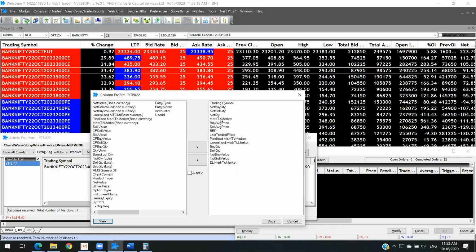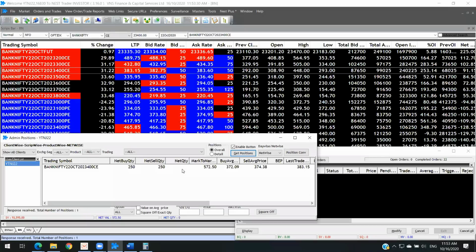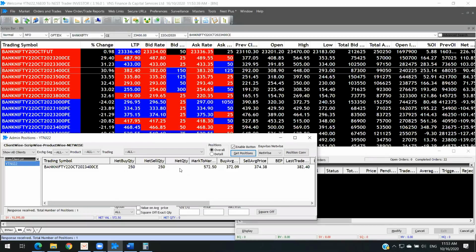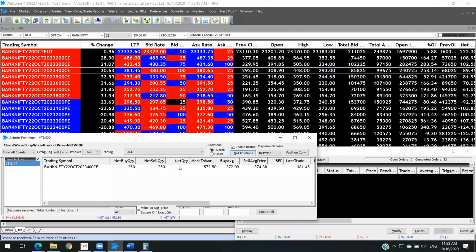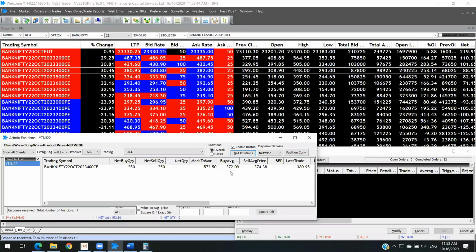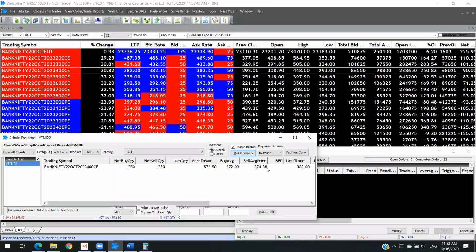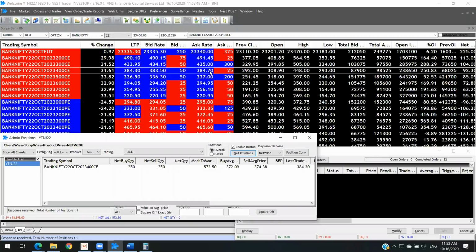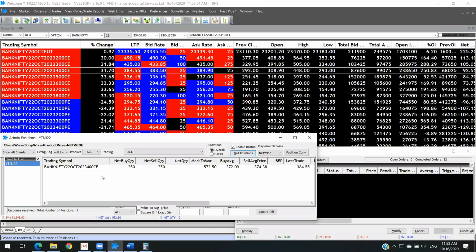What is the BEP? That is the break-even price at which I want to make money. Next one is last traded price, realized market. These are all not required. Only these columns are the ones which are required, and you will be able to see at the end of the day. Please ensure that your net buy and net sell are equal, so that you don't have anything left over, in case you forgot or anything, then it will be reflected here. So always ensure that before 3:20, 3:30, you have all your positions squared off, and this is your profit. This is the rate at which you bought it, and this is the rate at which you sold it. And currently the market is trading at 384.95. Okay.